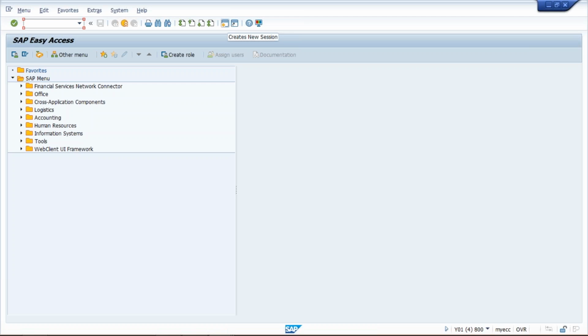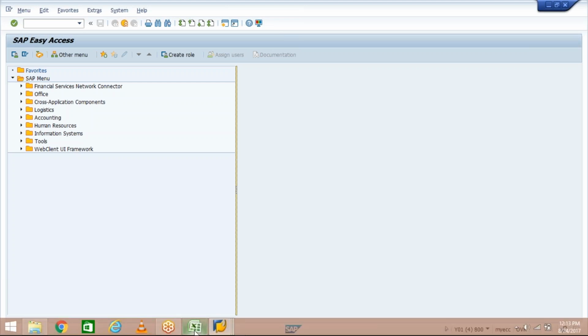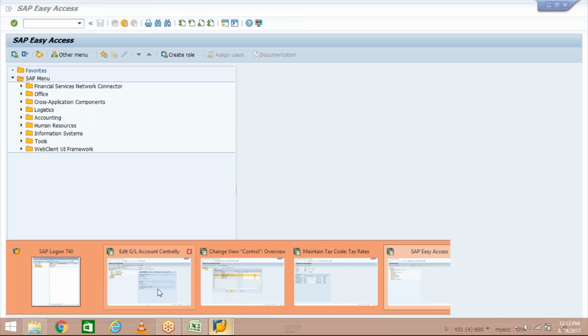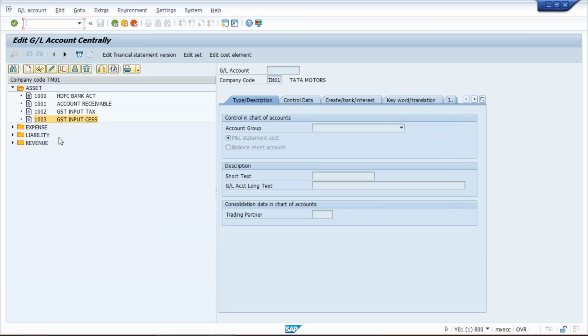Whatever revenue related GLs are there, all these revenue related GLs are applicable for output tax only, and all the expense related, in the sense whatever the purchase related GLs are there, that is related to input tax only. So if you want, come to GL account and revenue, whatever our sales revenue GL is there, double click,